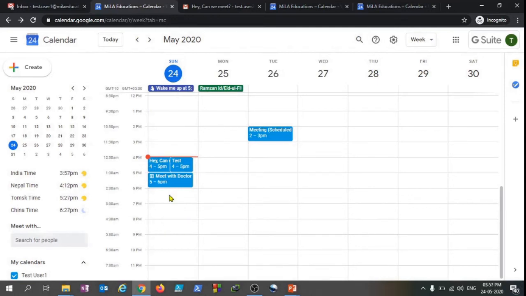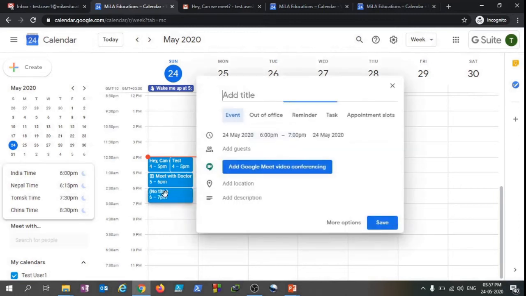So guys, now let's see how can we add and remove video conferencing option from a meeting event, and also we'll see how to record a meeting and how to live stream. So let's create a new event. I will just name it test 3. I'll go to more options,